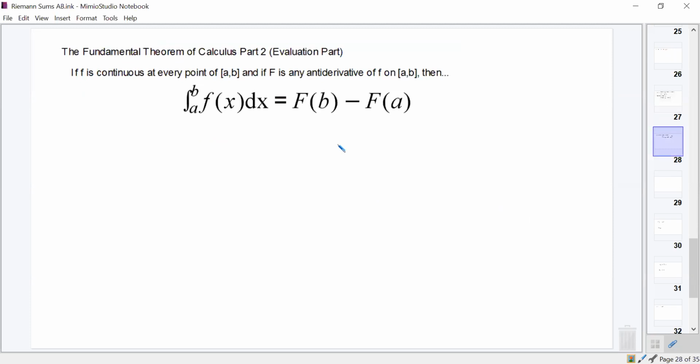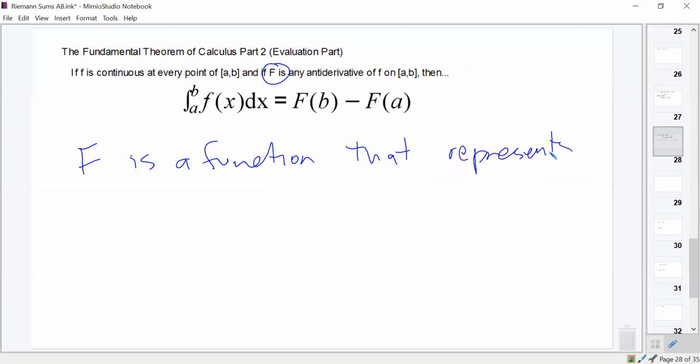The second part of the fundamental theorem of calculus says that if I try to take the integral of a function from a to b, there is some other function, capital F, that represents the area under the curve little f of x. So capital F, or the antiderivative,